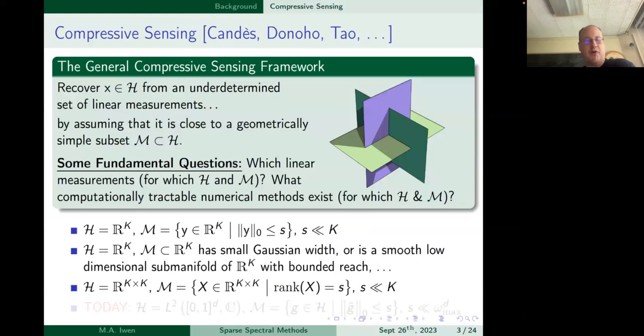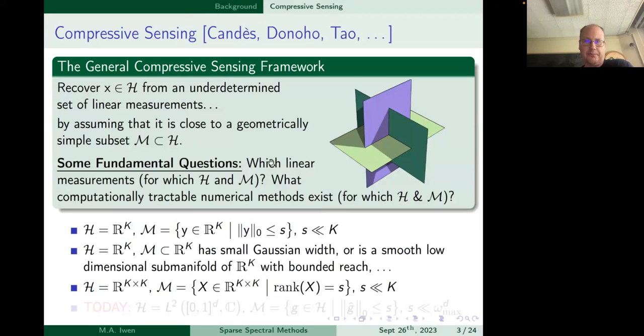So compressive sensing, for those of you who don't know or wish you didn't. What is the general framework here? So we want to recover effectively an element of a Hilbert space from a severely underdetermined set of linear measurements, the general compressive sensing framework. We have incredibly underdetermined sets of linear measurements, so we try to make up with the fact we have fewer than you would generally need by having some model that we assume X is near, which is going to help us resolve the indeterminacies of our underdetermined